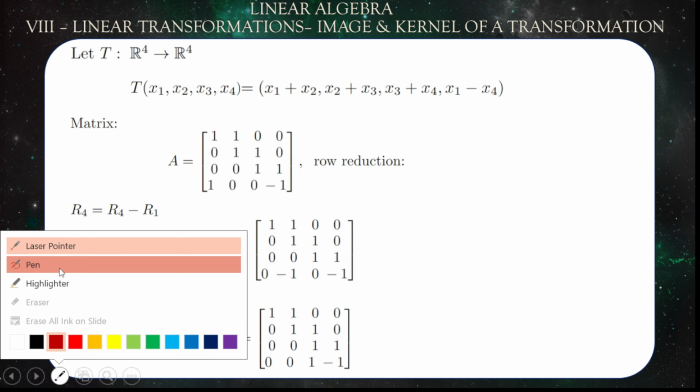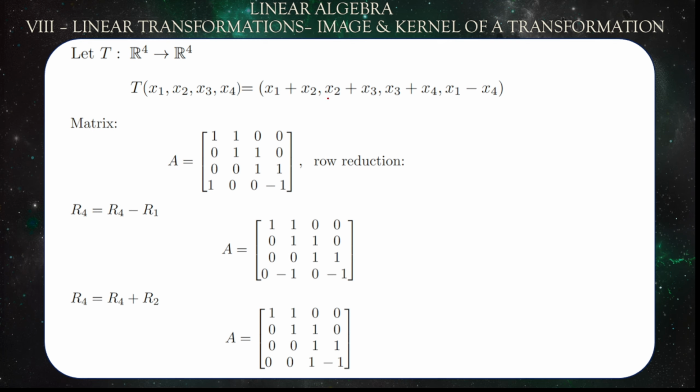Then for the second row, x2 and x3 are 1, but x4 is not available and x1 is not available, so they are 0. Third row, x3 plus x4, so 1, 2, 3, and 4. Here you have 1s, and elsewhere you only have 0. The last row, which is x1 minus x4, so x1 is 1 and x4 is minus 1, and the